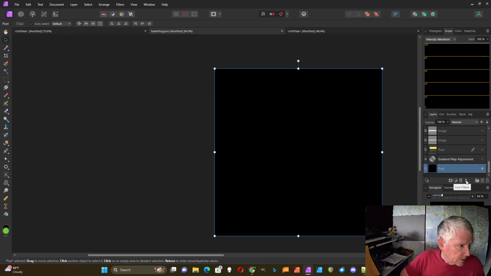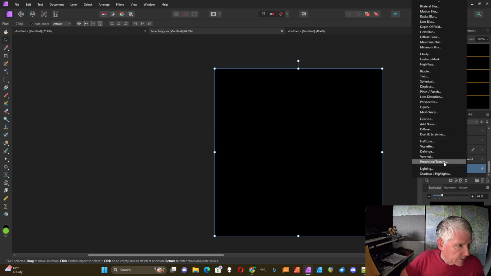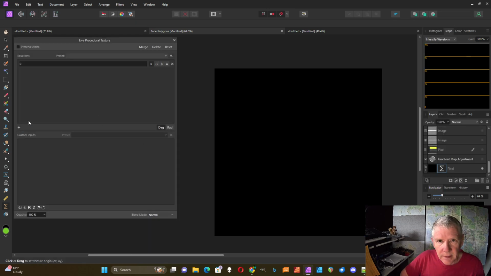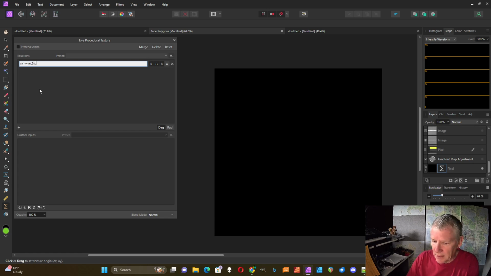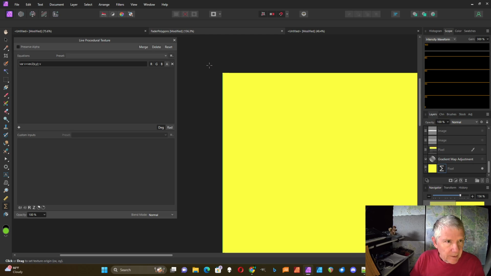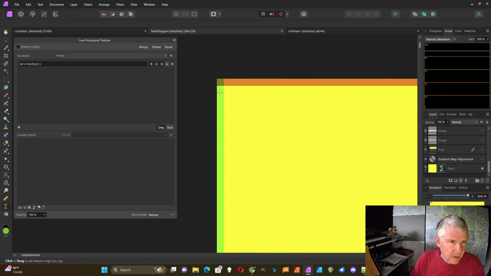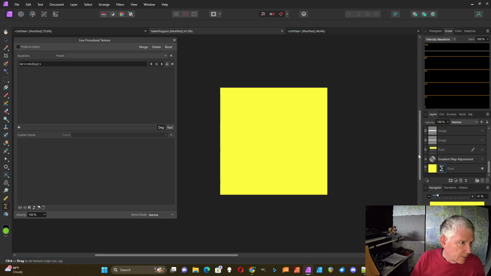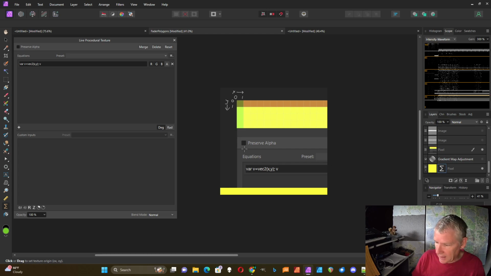First thing I'm going to do is to add a live filter, procedural texture, and I'm going to create an equation, assign it to all three channels, and I'm going to call it variable v equals vector 2 of x comma y. Then I'm just going to show vector v. Okay, so it turned the whole thing yellow, but if I zoom in on this corner here, I can see that there's a little reddish line and greenish line and sort of a tan line there. So if I look at what's going on with that,